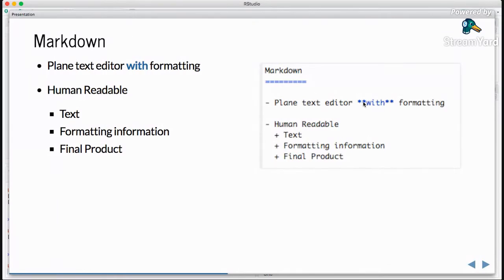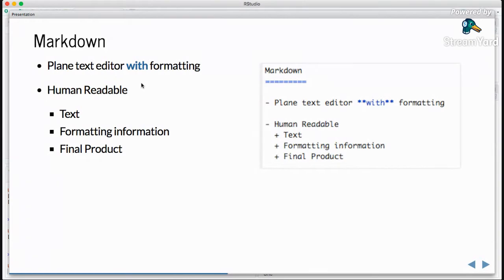Yeah. So for example, bold text in Markdown is symbolized by 2 stars. If you put a single star, then you get italics, and so on. But we'll go through them, right? So this is the whole concept of what it means to have a Markdown: a plain text file with your text plus formatting, human readable, which can be converted into a